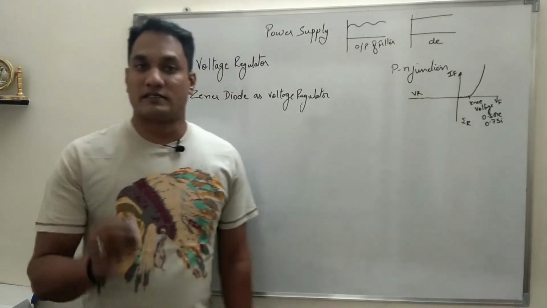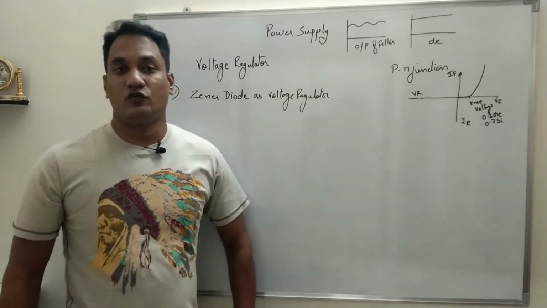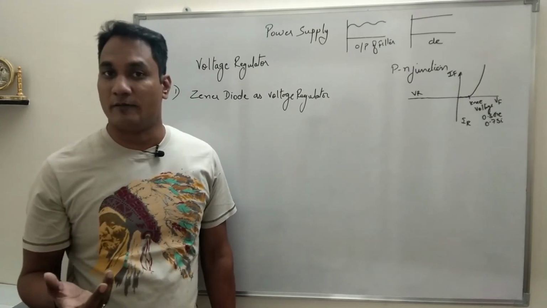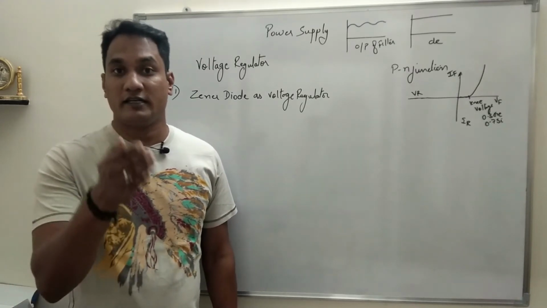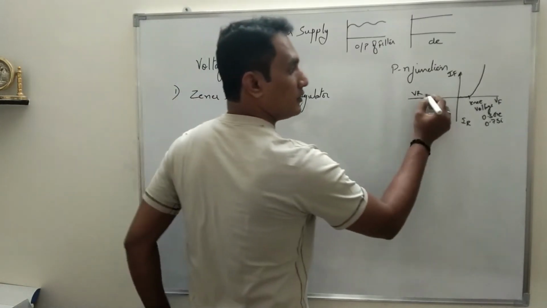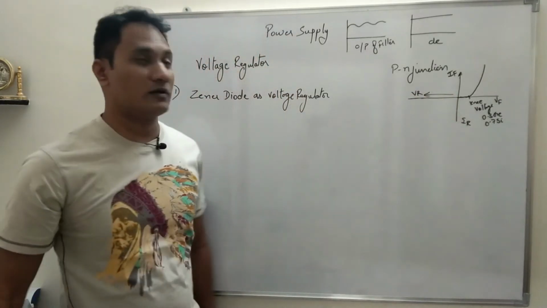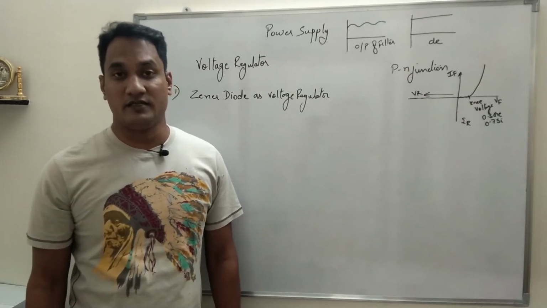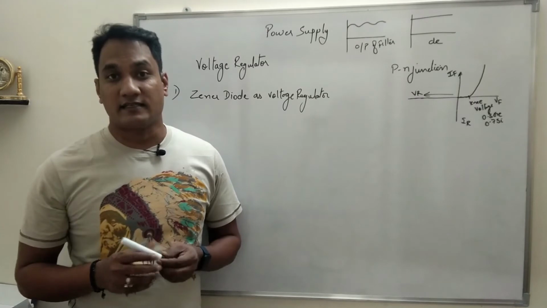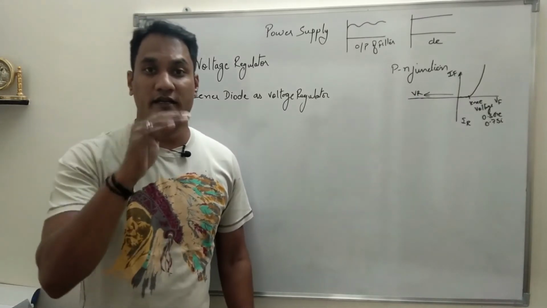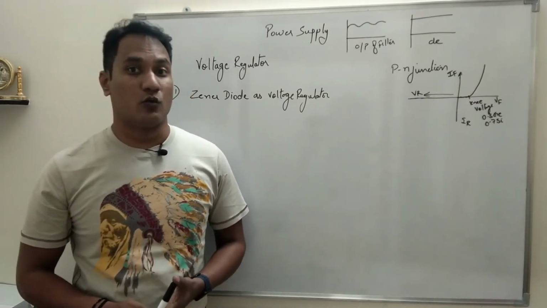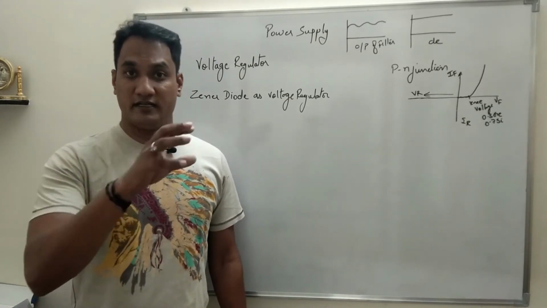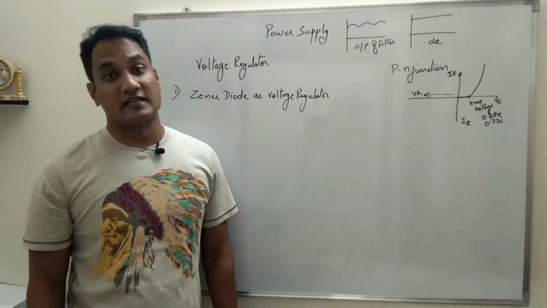I will give you an example. Suppose there are only 2 free electrons. Of course, the current flowing will be negligible. Now what happens is when you keep on increasing the reverse bias voltage in a normal PN junction diode, the kinetic energy of these electrons will increase. That means they will be velocity accelerated. These electrons will go and hit another 2 electrons which are in the covalent bond with a very high speed. Of course, they will impart energy and make those electrons free electrons.